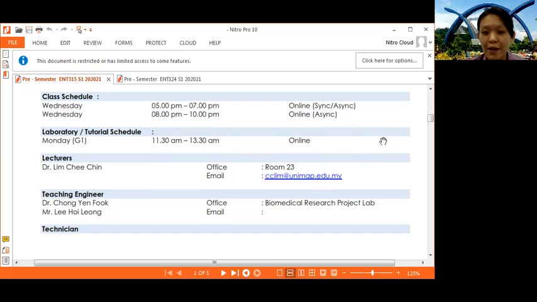I will share the lab modules and also the lab video one week before the lab. Our first lab will start on week 4, so please confirm that you have installed your software before you come to the lab. When I share the lab module, you have to complete the lab at home, and in the lab session itself you just have to demo,